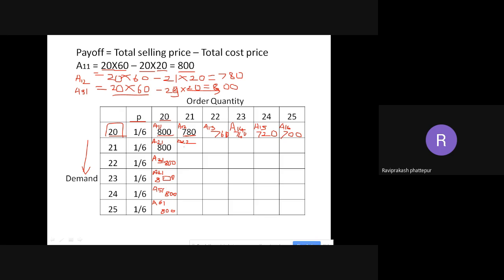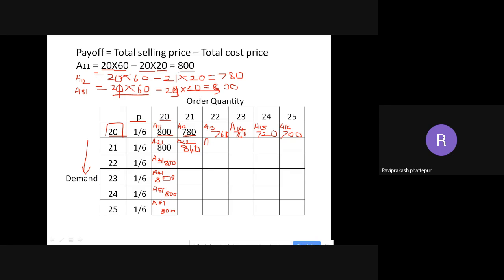A22, what is the value here? 21 and 21. So it is 840. I'm ordering 21, so this becomes 21 here and this becomes 21. What is the value? 840. Correct. 840. Next,